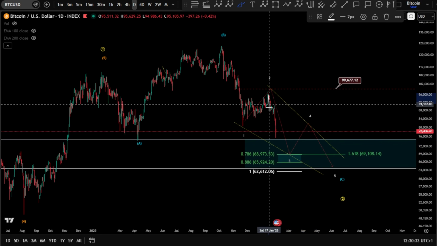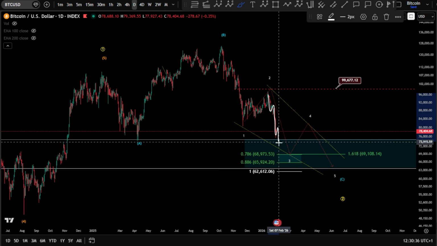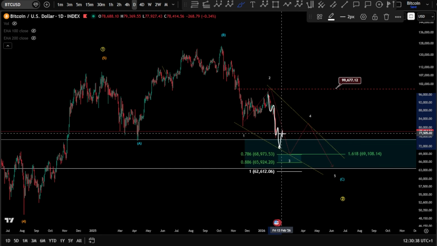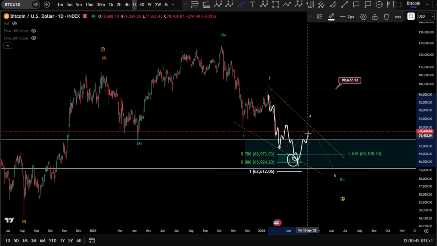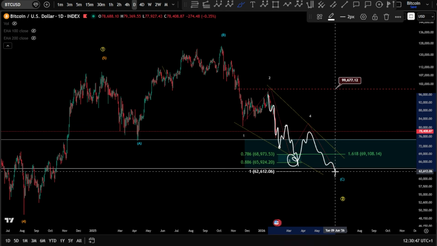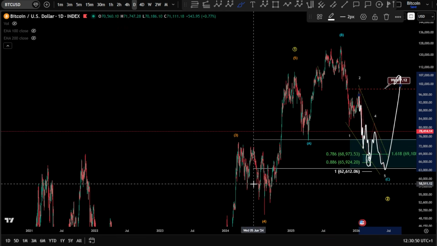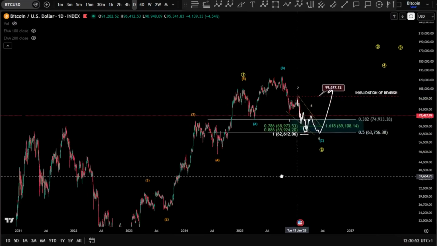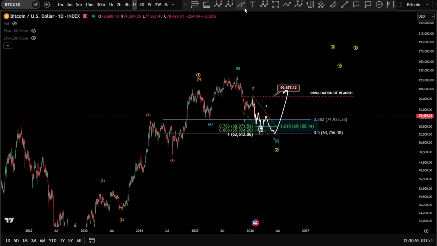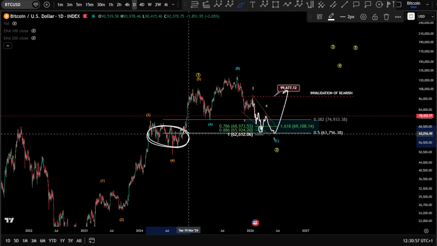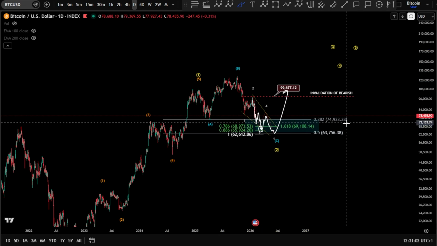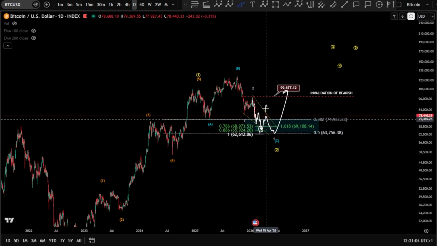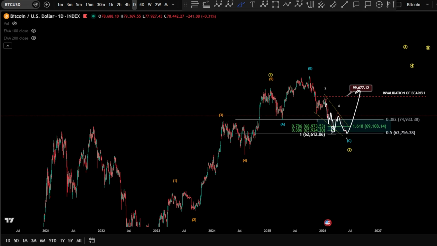What I'm suggesting here is a potential 1, 2, 3, 4, and 5 finishing wave A, then getting another wave B, and then 1, 2, 3, 4, and 5 to finish wave 3 in the blue zone, and then wave 4 and wave 5 again, a new low, and then pushing toward the upside. Don't forget, we are getting very close to the 0.5 fib level retracement, and also to the very strong area technically, where we might start to see a wave 3 pushing toward the upside after a finished impulse wave 2 there.